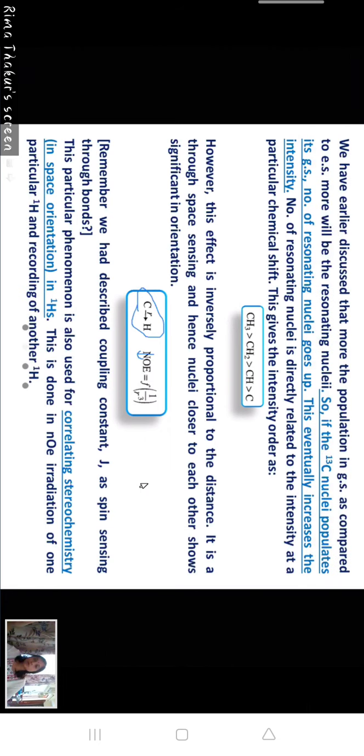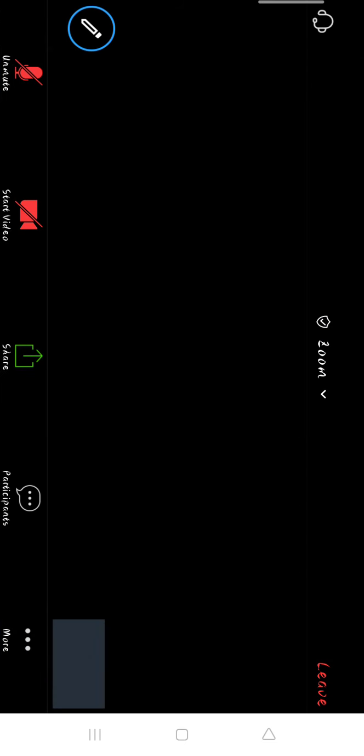What? No responses. Yes, ma'am. If same spin, then enhancement will come. Basically, not same spin. If same spin, that is a different experiment altogether. It is called the NOE irradiation experiment, NOESY to be more specific, that you can do for a proton to a proton. It's not attached to the same carbon. It is not a one bond attachment. It is a 3 bond attachment, right? It is a 1-3 relation. That is NOESY spectroscopy that we'll talk about later on.